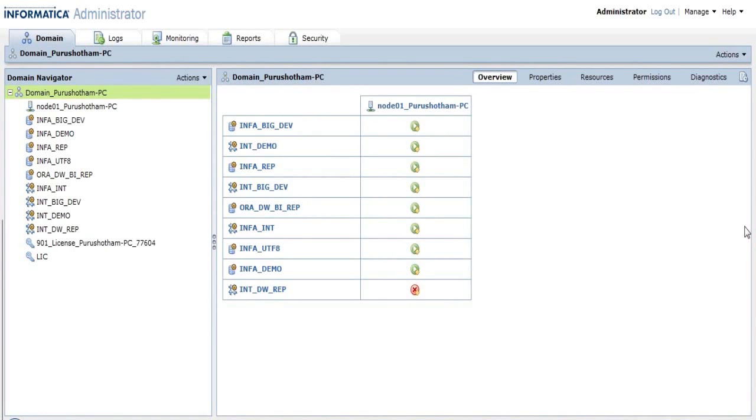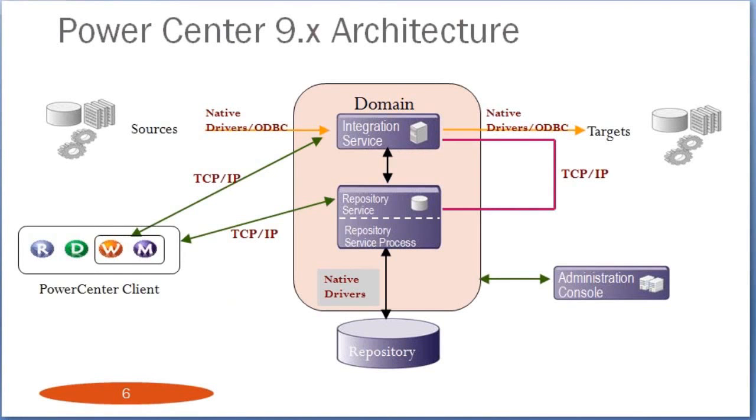Can you go back to the architecture page in the PowerPoint? Yes. You said that in a real-time scenario you just have the client side and you will not look at any other domain or other part of the architecture, right? Yeah, you will not have permission as well. When you join as a developer, you will not have permission to log into the Informatica administrator homepage. It is completely maintained by the admin. So as a developer, you just work with the client tools, right? Yeah, only client tools, not the Informatica administrator homepage.